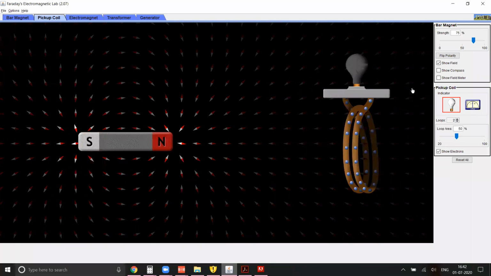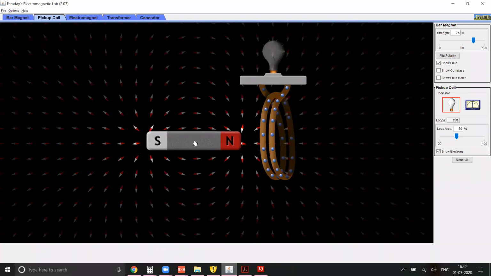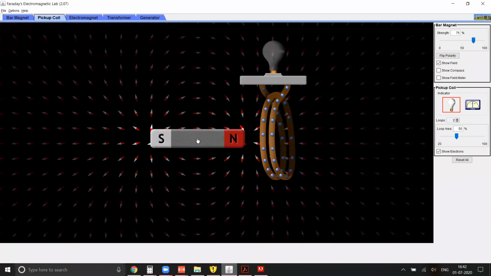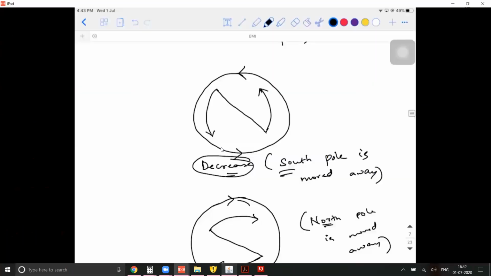Okay, sir. So similarly, if you observe from this side, if I move the north pole close, what is the direction from the side of the magnet? The electrons are moving again in the downward direction. When you see it from the side of the magnet, it will be clockwise. So current direction will be anti-clockwise. Anti-clockwise generates what pole? North pole. That is what I told. Okay, sir. Thank you, sir.